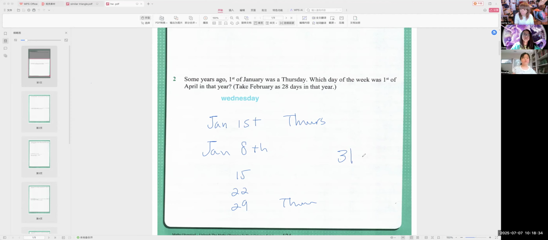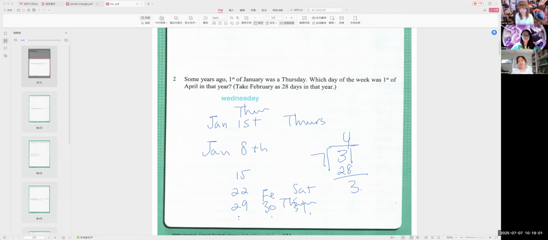Correct? So 31 divided by 7 equals 4 sevenths, and we have 3 days left. So you can see 29, 30, 31st. This one is Thursday, so this is what? Friday and Saturday, right? So we can count Thursday,